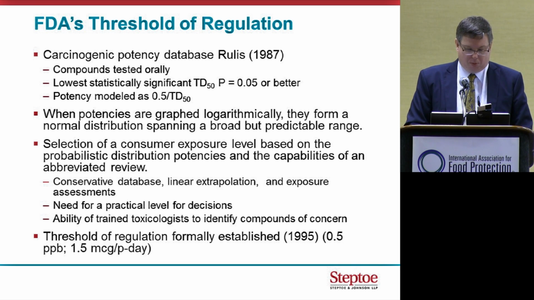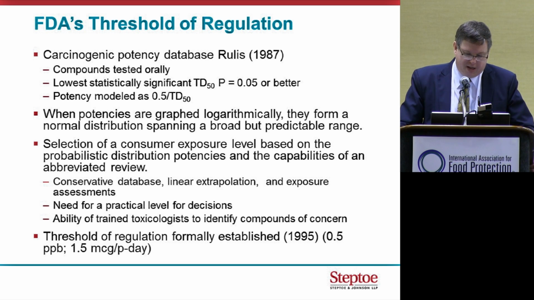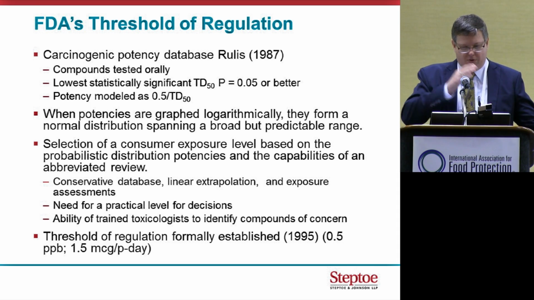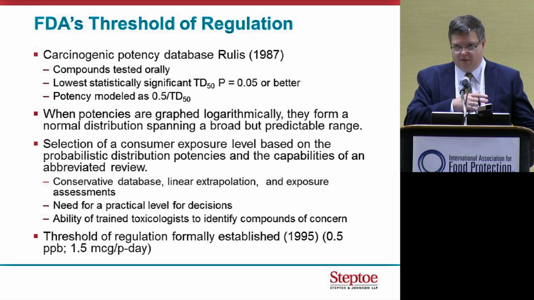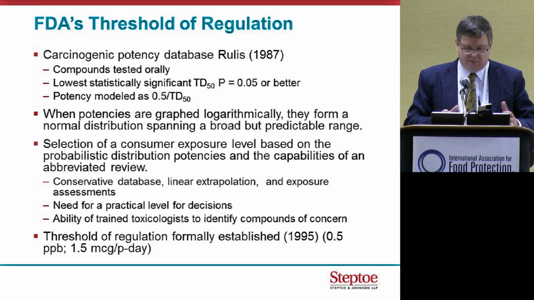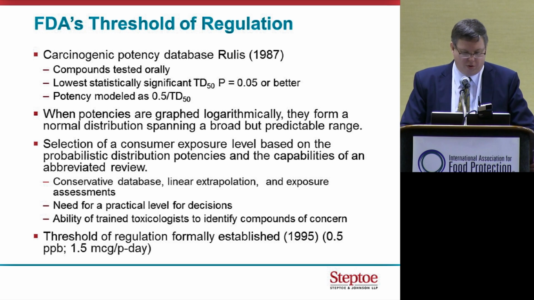The agency formally proposed its threshold of regulation of 1.5 micrograms per person per day in 1995, but it had in fact been implementing that level for about 4 years previous. Now, unlike the non-cancer portion of the TTC, this threshold, which is one of the low thresholds in the TTC framework, is basically a risk management level. It's roughly equivalent to the